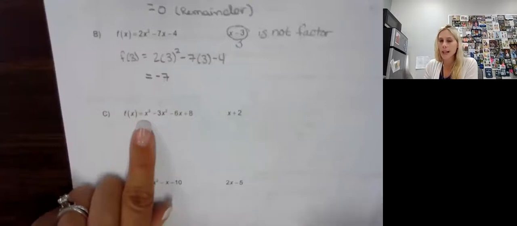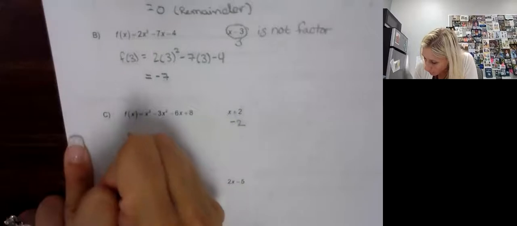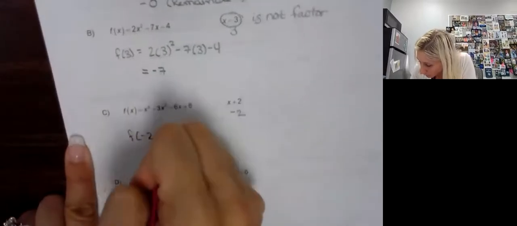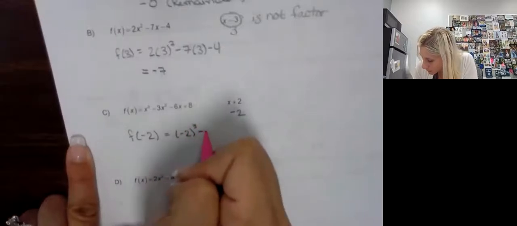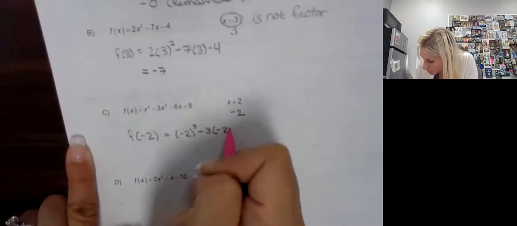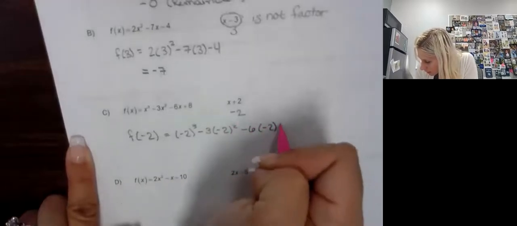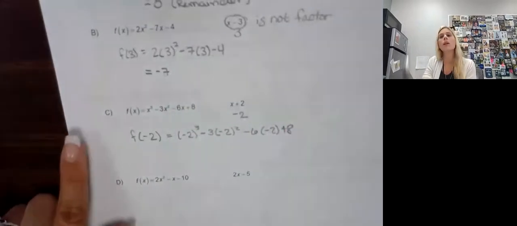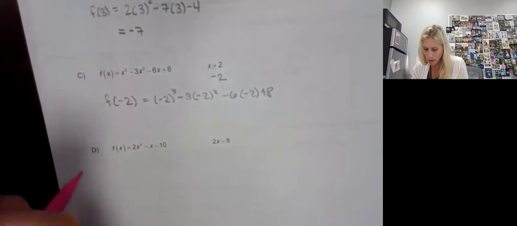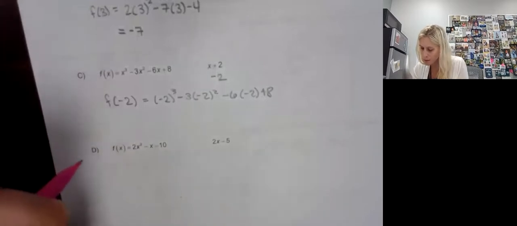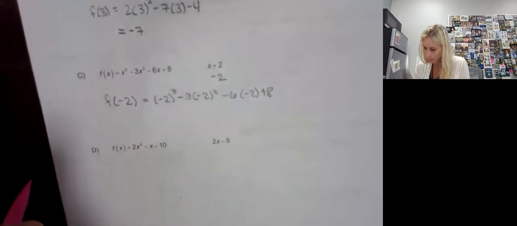Okay, let's try this again. What makes a 0? -2. So f of -2, let's plug that in. Be careful of those negatives, okay, everyone? So -2 cubed minus 3 times -2 squared minus 6 times -2 plus 8. Again, I like it when you guys write it down because then you can check to make sure you're plugging it in your calculator correctly. So cubed